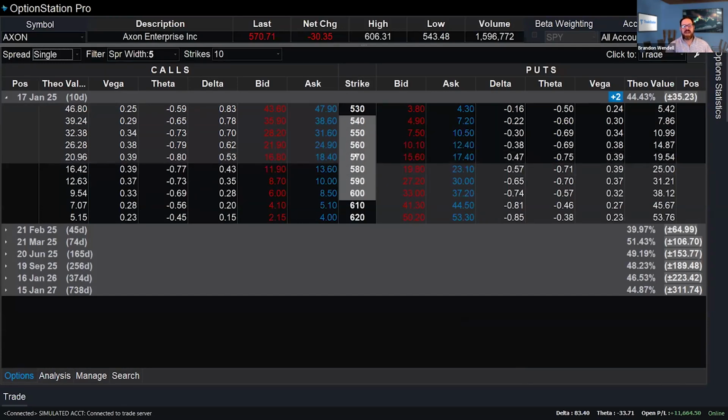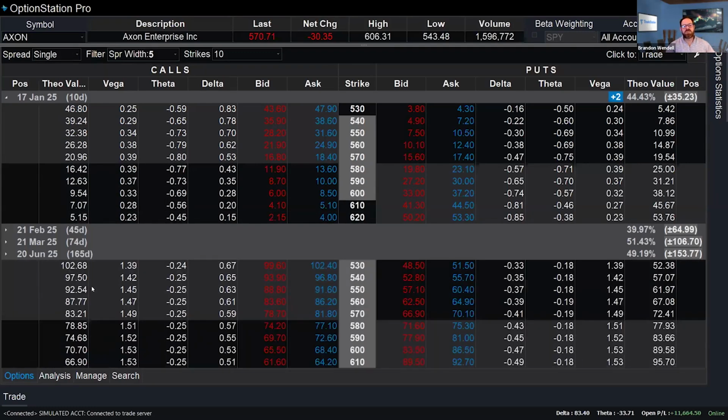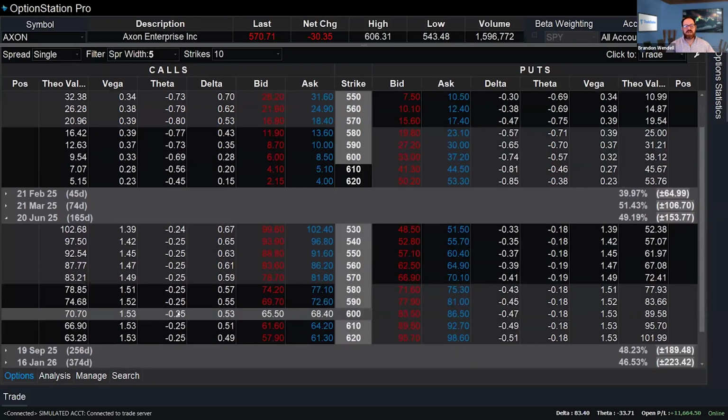But even right here at the money options right now, you can see that my time decay is pretty high. My Vega is relatively low in comparison to my theta, isn't it? So what Chris is saying is that the theta loss, the decay in time, is going to eat away what I'm going to gain in volatility. But it won't if I do this on long-term options. That's why I go further out.